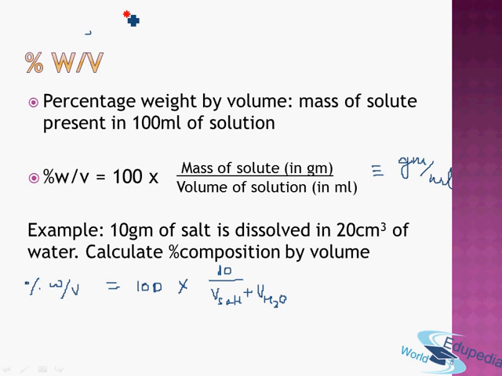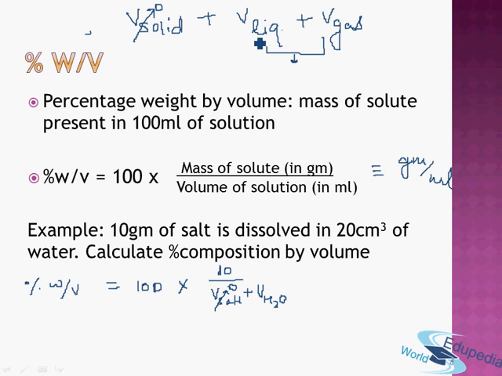So when I do not have sufficient information, but what I have is a solid being mixed with a liquid or with a gas, I can always neglect the volume of the solid with respect to the volume of the liquid or gas. I can assume it to be 0. So here I can assume the volume of salt to be 0 with respect to the volume of water. Similarly, if you have a solution containing just a liquid and a gas and you do not have sufficient information,